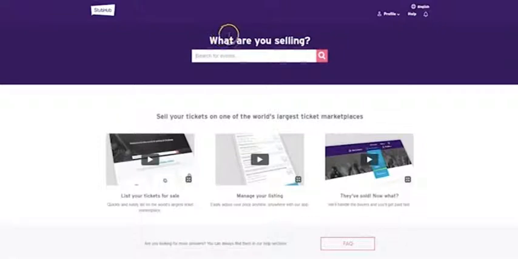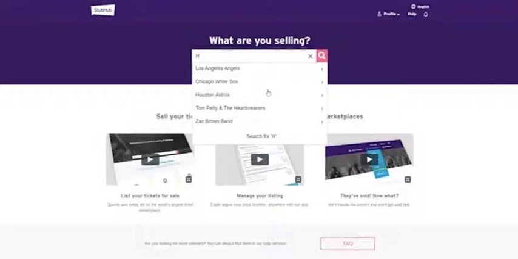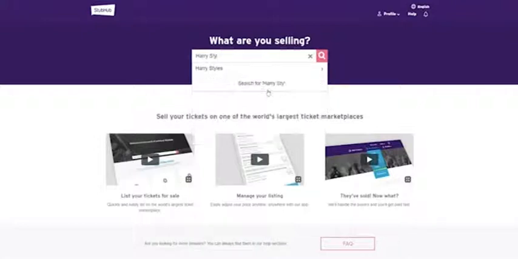And if you do already have an account, go to the top where it says Sell Tickets, click on Sell Tickets, and it will ask you what are you selling, and enter the name of the event that you're selling tickets for. So in this case, I'm selling tickets for Harry Styles. So we will enter that,